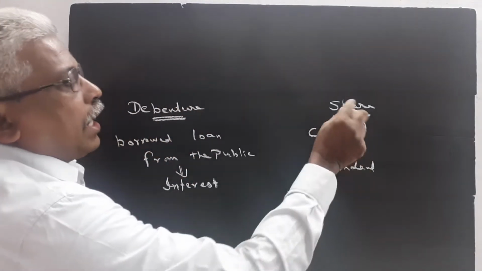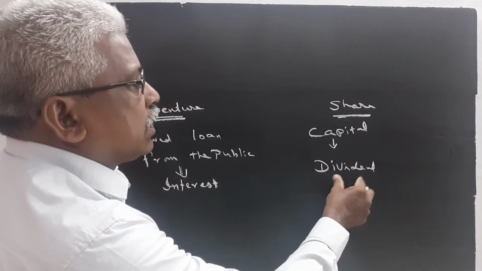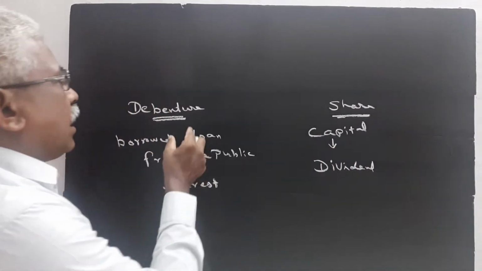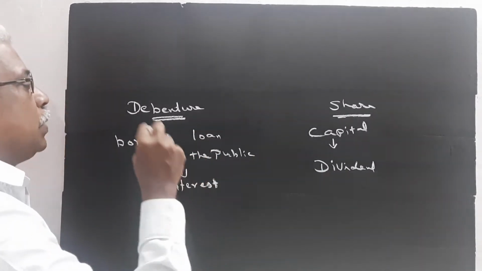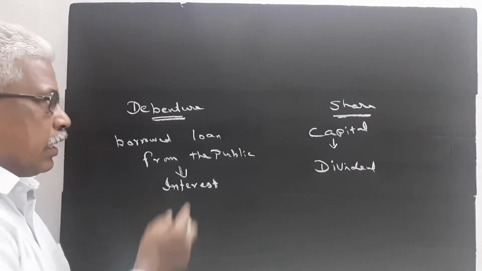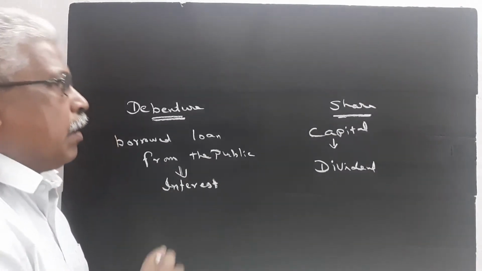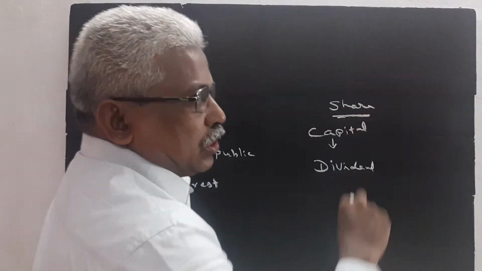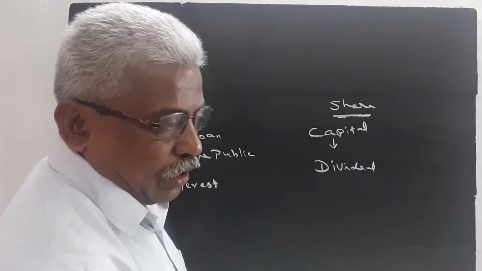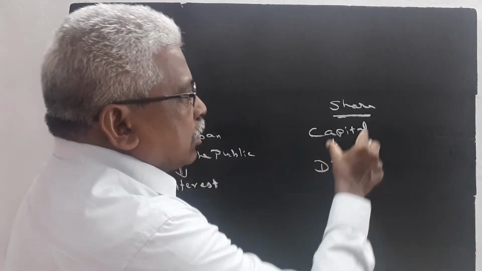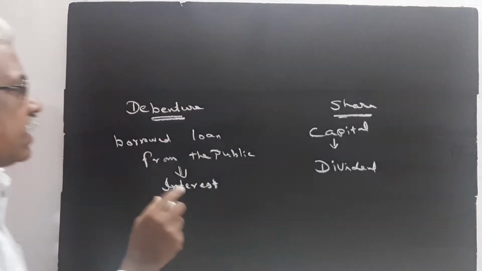If the company earns profit, the dividend will be given. Dividend is a portion of profit which is distributed to the shareholders. Whether the company earns profit or not, a fixed rate of interest must be given to all the debenture holders. The debenture amount can be repaid after a certain period. But the share amount is not at all returned normally. Only preference shares can be refunded, but equity shares are not refunded during the lifetime of the company. So these are the basic differences.